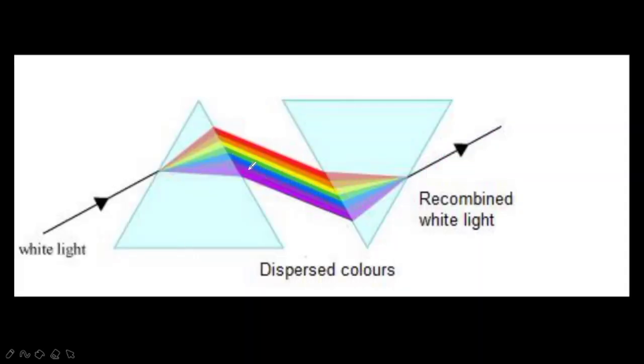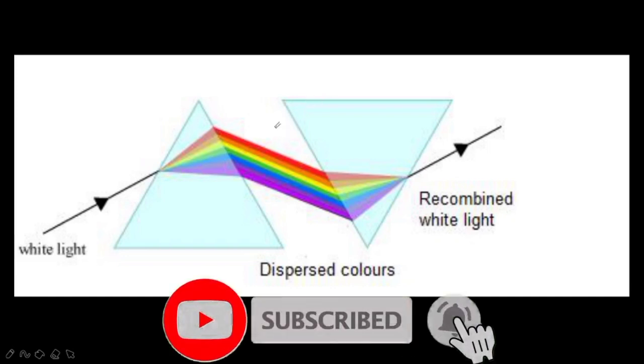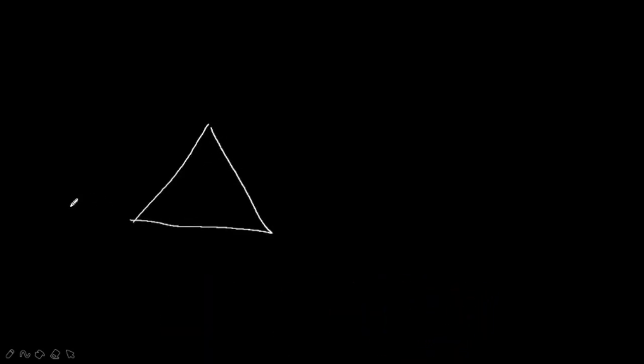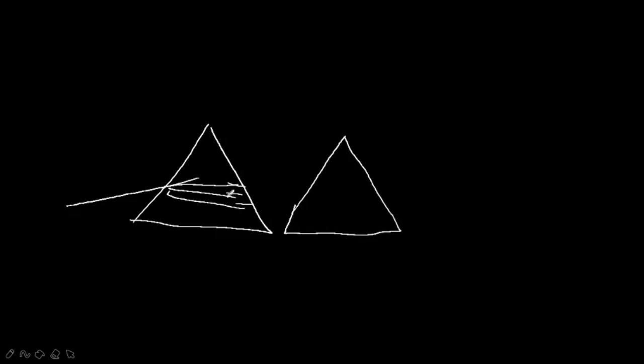That is what he did. He took a prism, he passed the light. What he got? He got the different colors, and then in front of it he kept one more prism. I will show in the picture. So he took a prism, he passed the light, so the light bends at different angles, clear, and then in front of it again he placed one more prism to split these lights again, but he did not get the lights properly. And then you know what he did? He placed the second prism in the inverted manner.